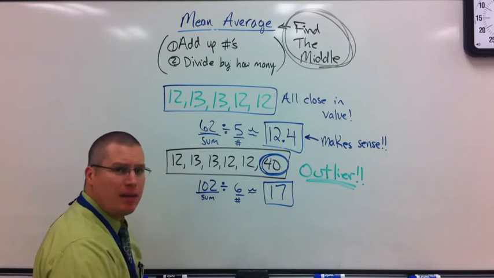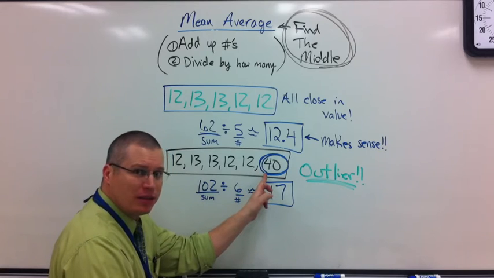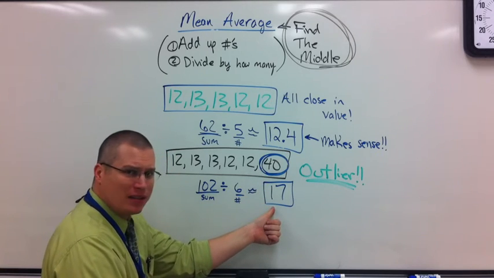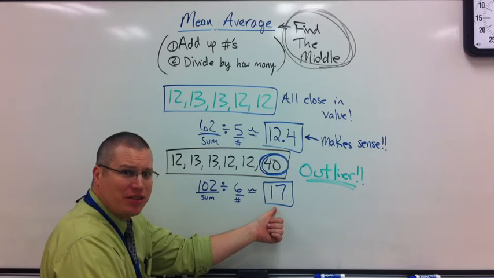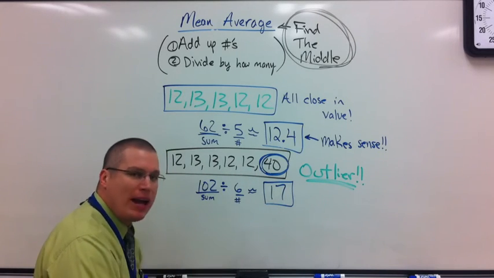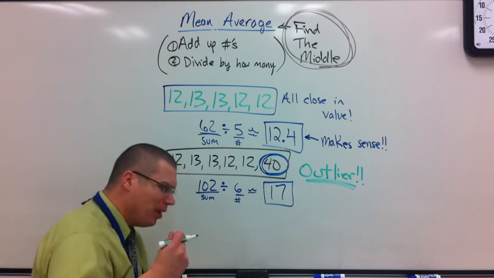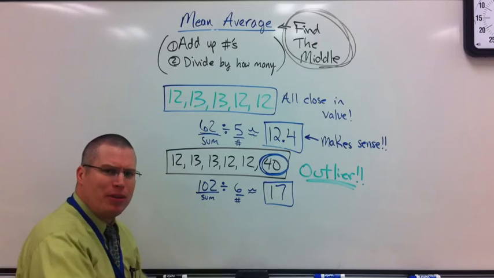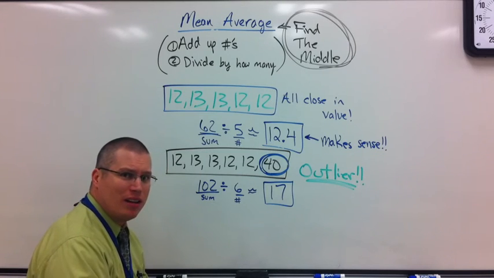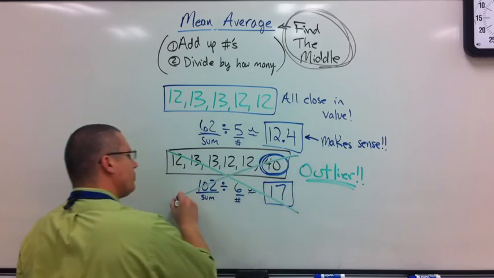So, to wrap this up, does the mean work when there is an outlier in the mix? Does it give you an answer that makes sense? No, the average age isn't 17. An outlier takes this and breaks the tool. It's like a very hard ground and you're trying to dig in with a shovel. And you're standing on top of the shovel and it's not going in. It breaks it. So here's what you have to understand.